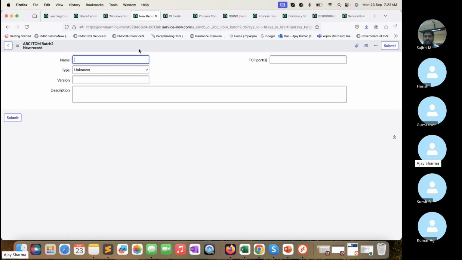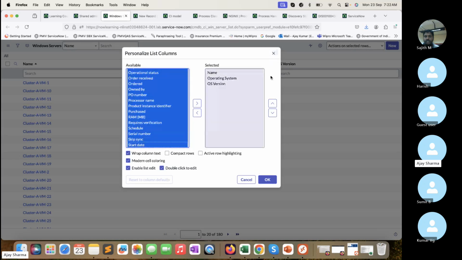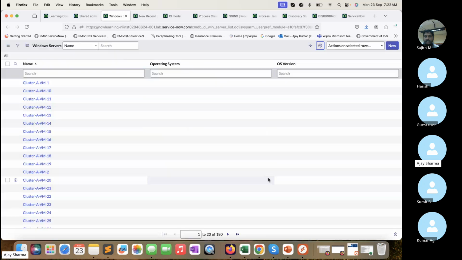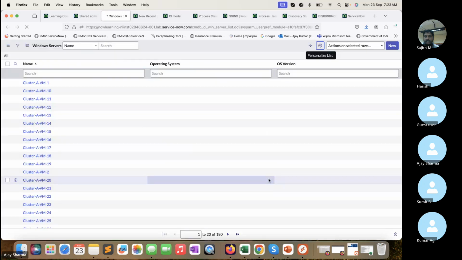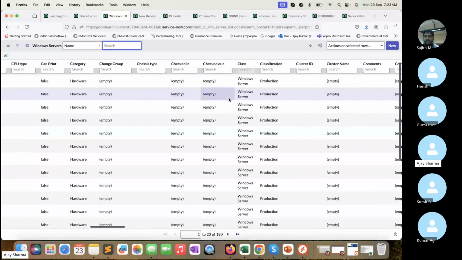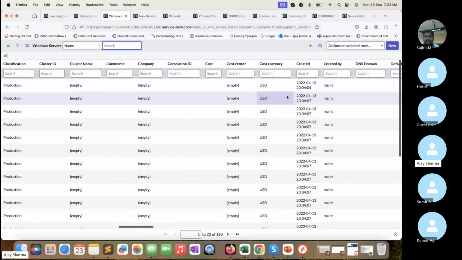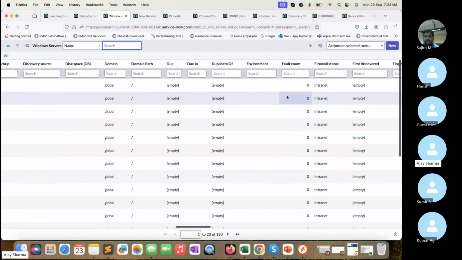If I go to the Windows server, again, Windows server is part of that server class. There are lots of other attributes, and if you want to create a specific attribute, we can also do that. Let me put those particular attributes here just to showcase. See, these other attributes, like what type it is, classification is there, right? Cost currency, if we want to populate something, right? So that is there. But if I open the new CI form